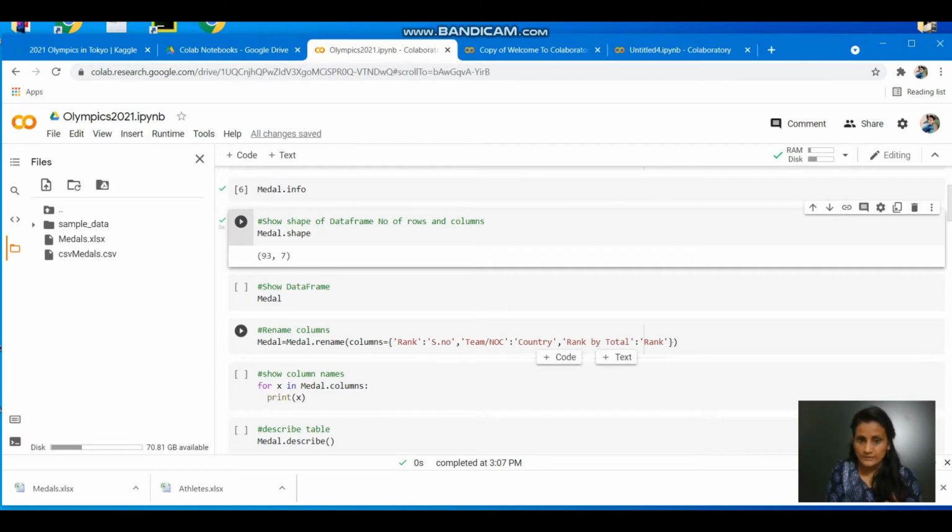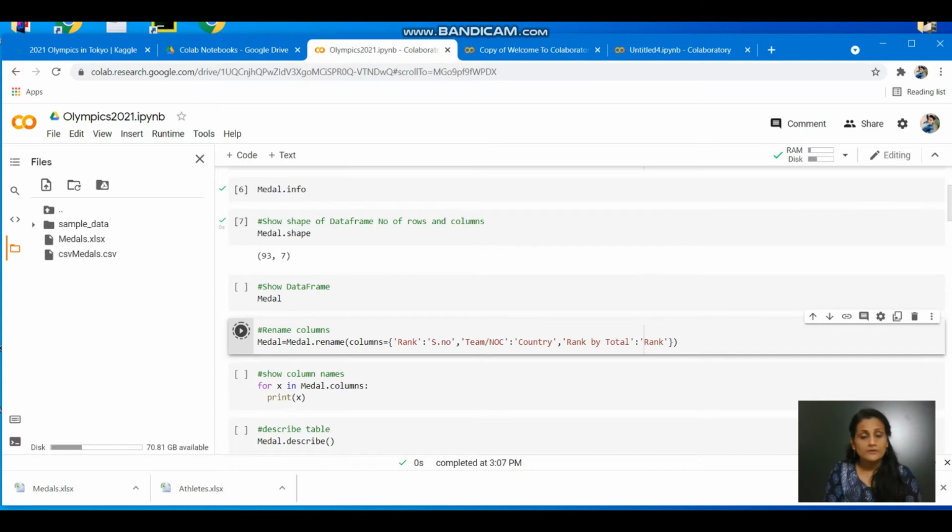Rank should be changed to serial number. Team/NOC should be changed to country, because as I have seen in the data, it is the name of the countries participating in the Olympics. Then rank by total, which is a rank, I named it to rank. Now when you execute it, you are going to have the names of the columns changed.